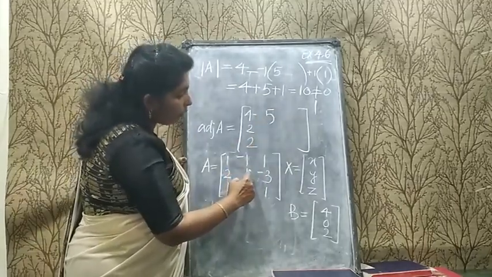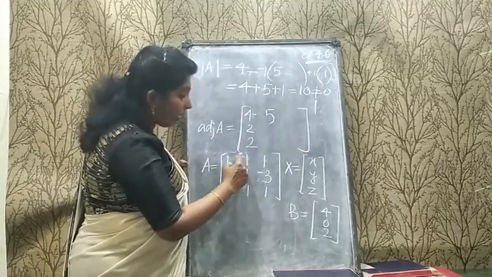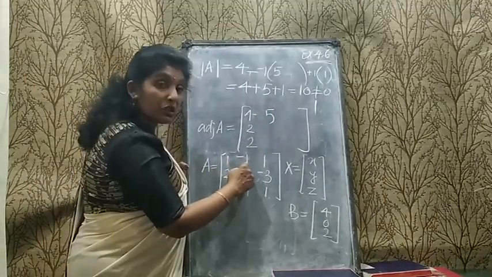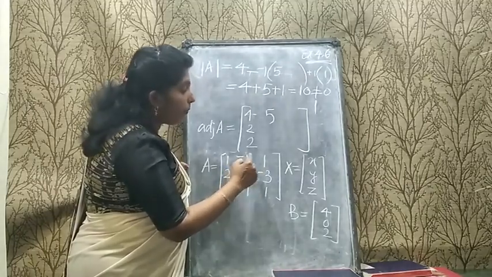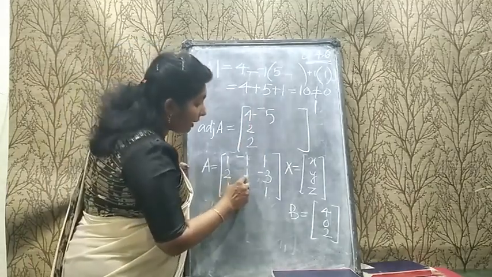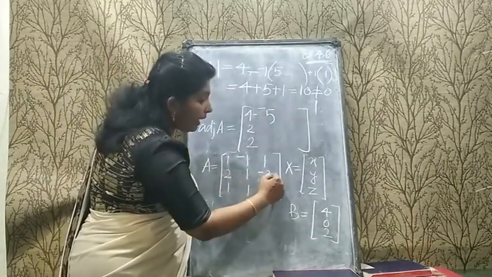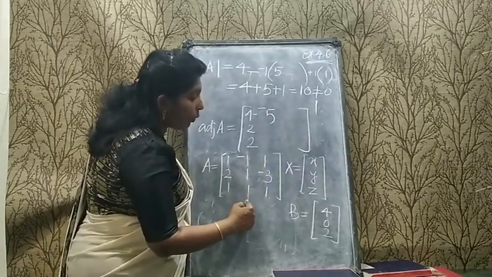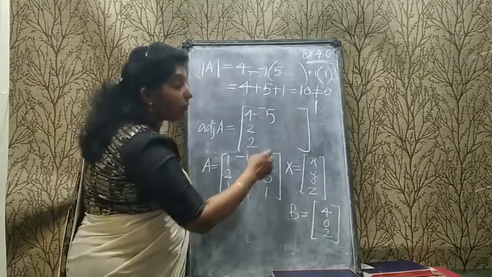Now I am going to find the next one, and the sign also you have to check it, okay. Here this one, the position is first row, second one. So it will be minus sign. So be careful, don't forget to put the minus sign. Next one, you have to find out the cofactor of this term. So eliminate the row and the column including 1. Then it will be 1 into 1, 1 minus 1, which is 0.